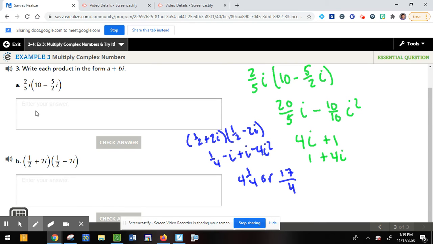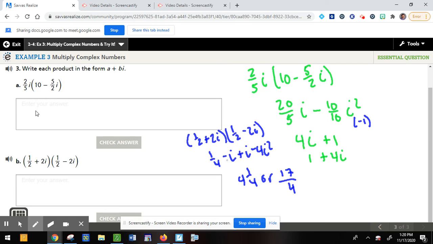So with the first one, distribute in, I got 20/5 i minus 10/10 i squared. 20/5 reduces to 4. 10/10 is 1. Remember, i squared becomes negative 1. So it'd be like negative 1 times negative 1, which is positive 1. Now I just need to flip the order around so the real number comes first: 1 plus 4i. When I FOIL, I got 1/2 times 1/2 is 1/4, minus i, plus i, and then